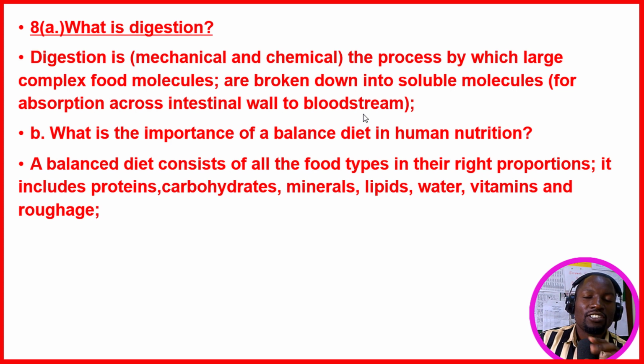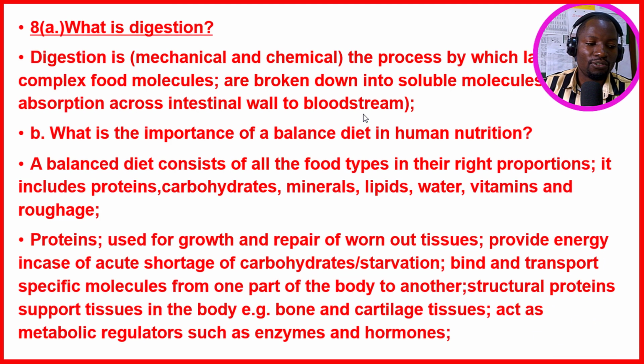A balanced diet consists of all types of food types in their right proportions. And this includes proteins, carbohydrates, minerals, lipids, water, vitamins, and phages. So,